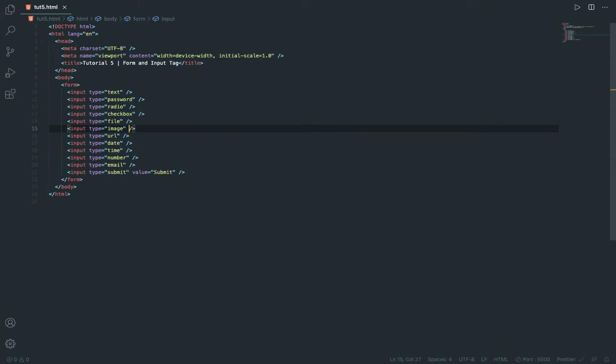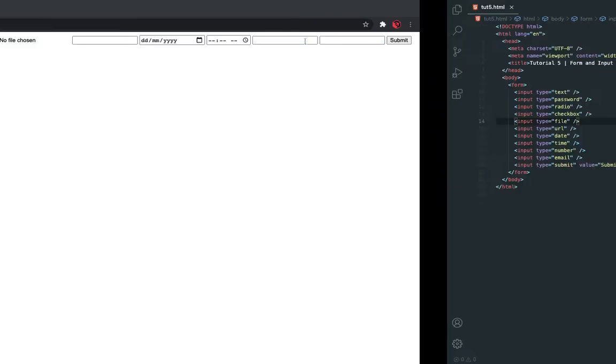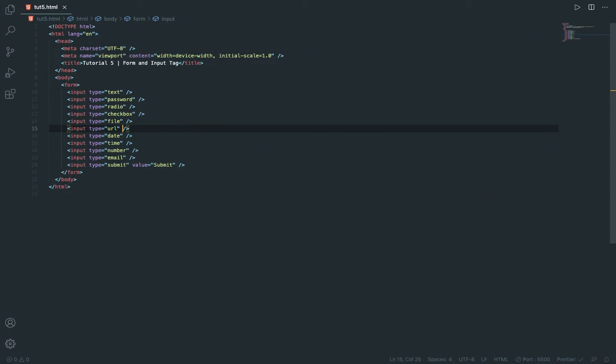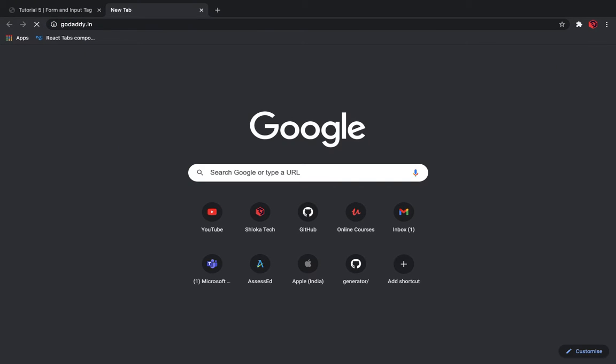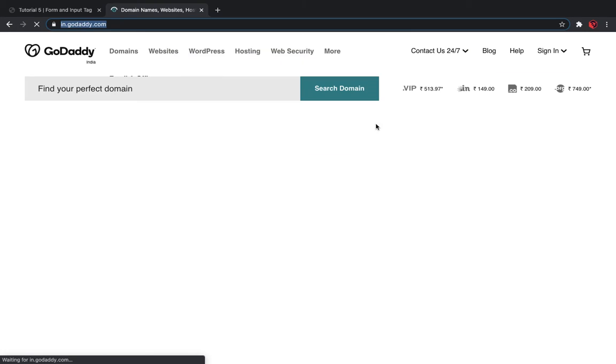Then this is input type URL, and one minute, let me show you something. If I say required and submit, it says please fill in this field, enter URL. So if I, let's say, go to godaddy.in, copy this, paste this, and now submit. Now it will be fine.